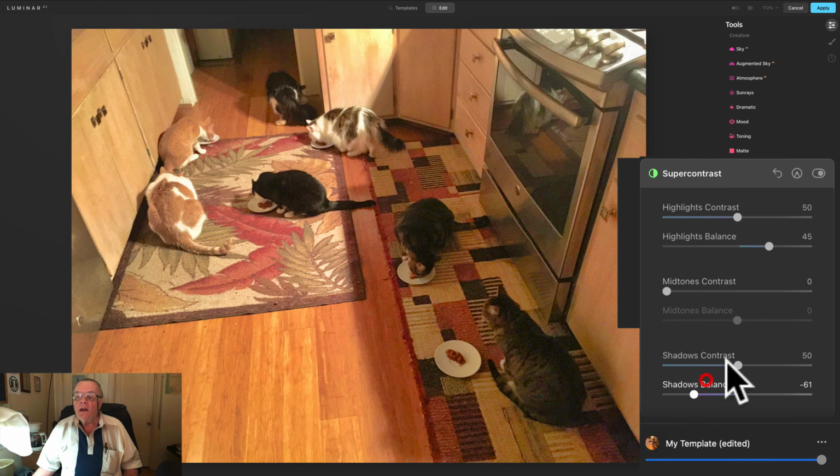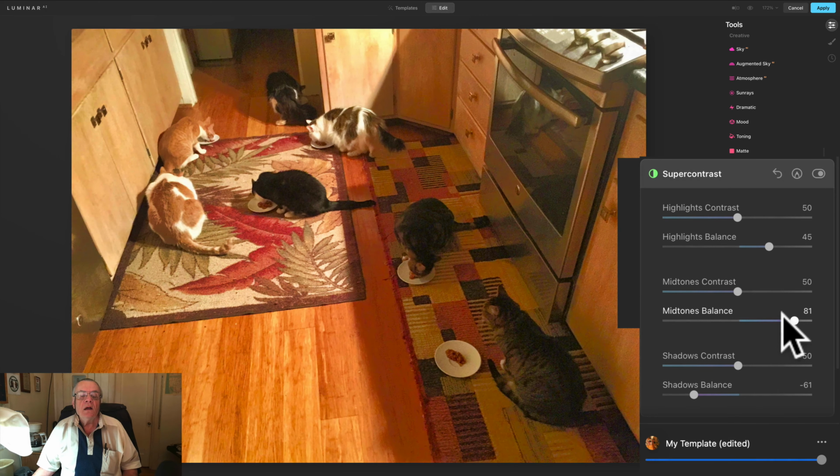There we go. And let's try midtone, see what that does. Take it up to 50, and then we'll start shifting. And there we go. Now, that's a little too much red in there, but that pretty much, there we go. I kind of like that there. I'm looking at this particular cat, which is the white, and giving the most reflection, and it's kind of dialing